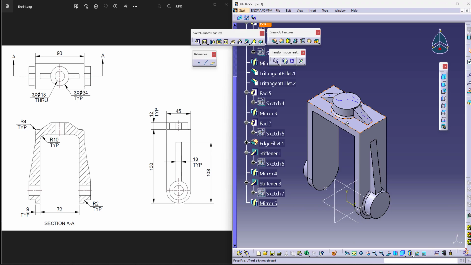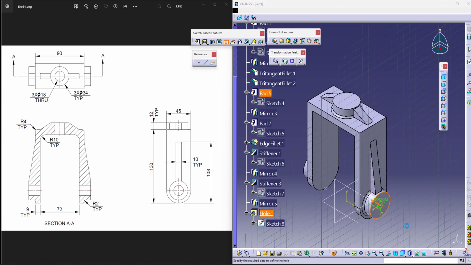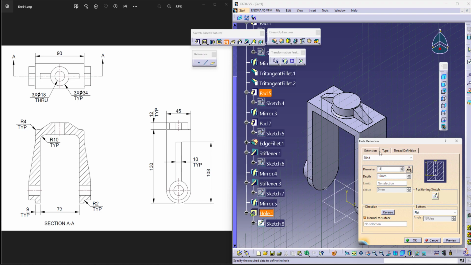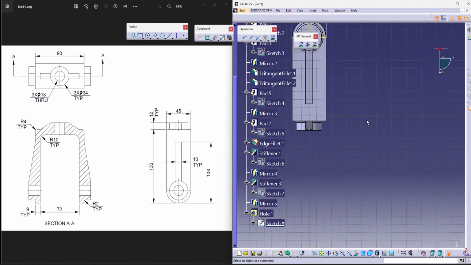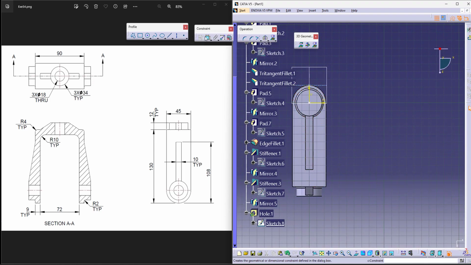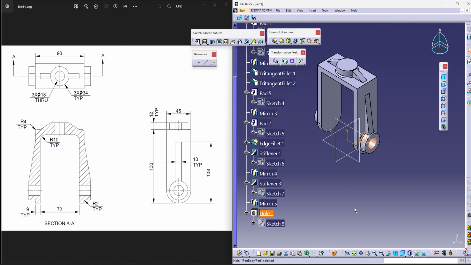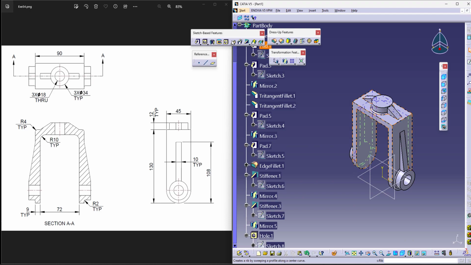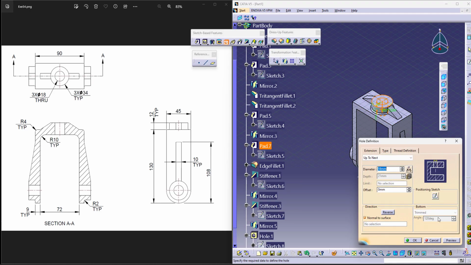Now, you can make your holes and then give your rounds, because holes and finishing operations are supposed to be done towards the end. So there are 3 holes which are 18 through. So let me try to take them 18 and then say through, and then position the sketch. Since we all know it is supposed to be concentric with the existing circle, let's try to maintain concentricity and do it. Similarly, on the other side as well as on the top, we can do the same,